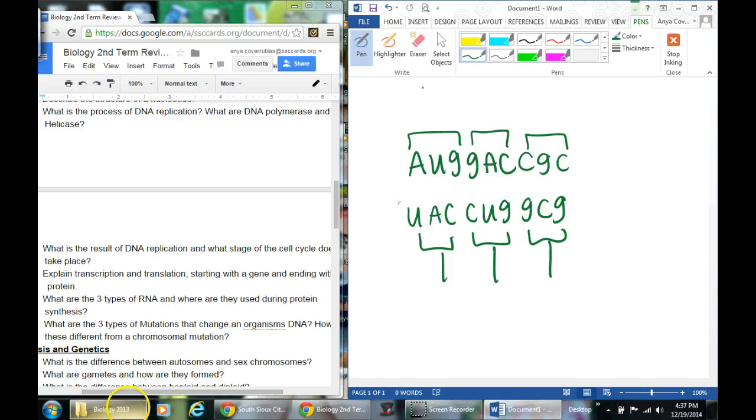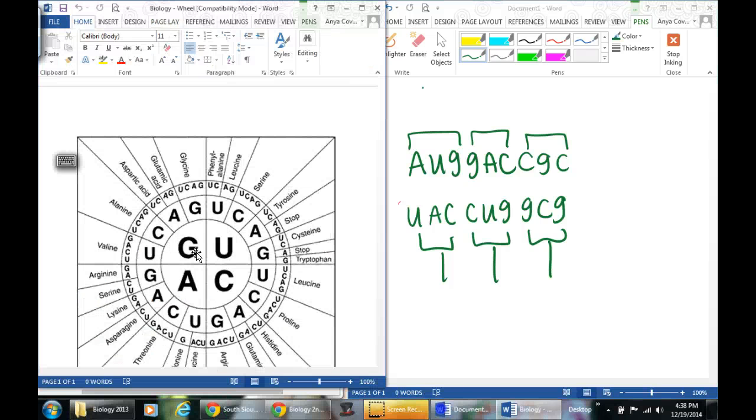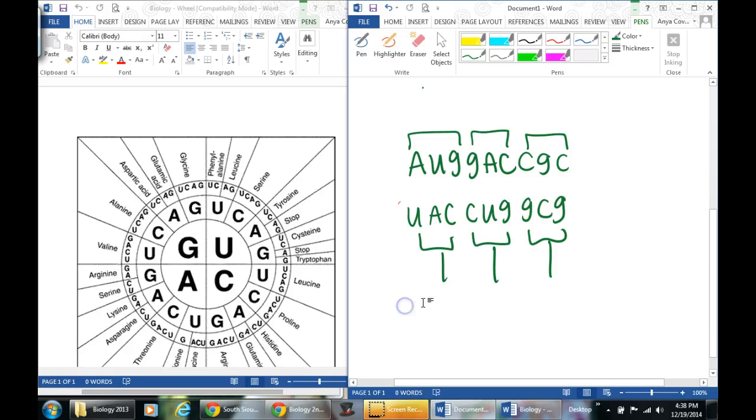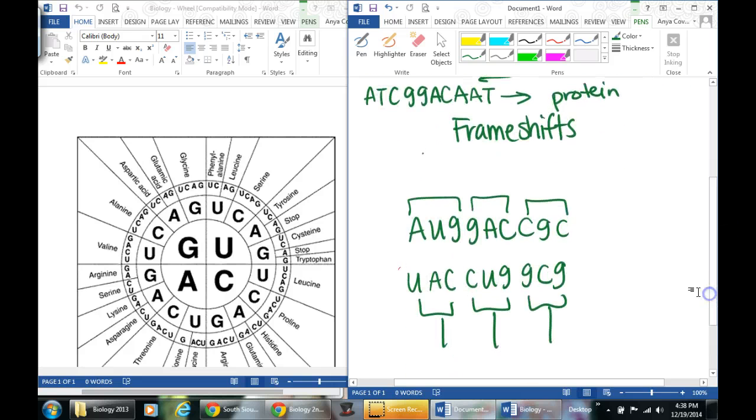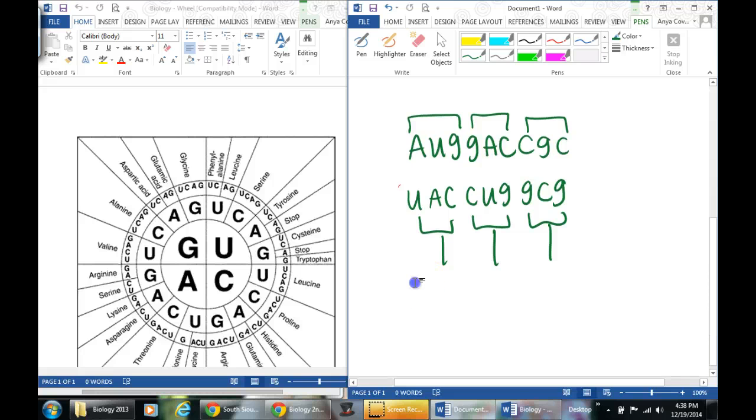And the codon wheel is, so to use this wheel here, if our first nucleotide is a U, then our second one is an A, and our third one is a C. It's going to be tyrosine. This one would be, first nucleotide is a C, second one is a U, third one is a G. This would be leucine. This one, first one G, second one C, third one G. This is going to be alanine,